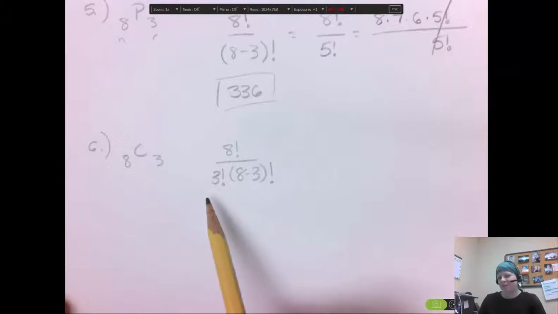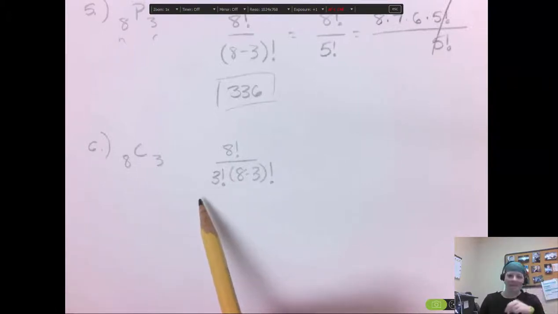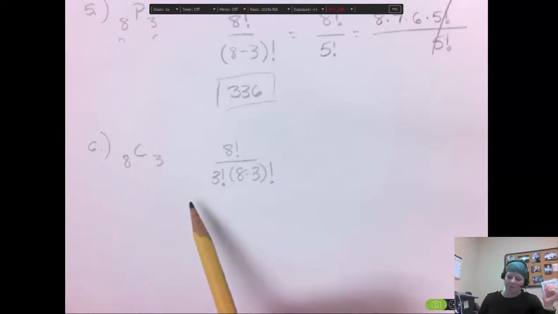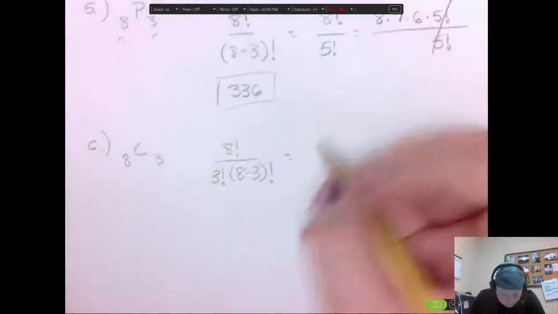So our difference is very small. It's being divided by that. So it's going to divide it into more pieces or make the number smaller. So you have less options when order does not matter. Okay? So if we figured this out,